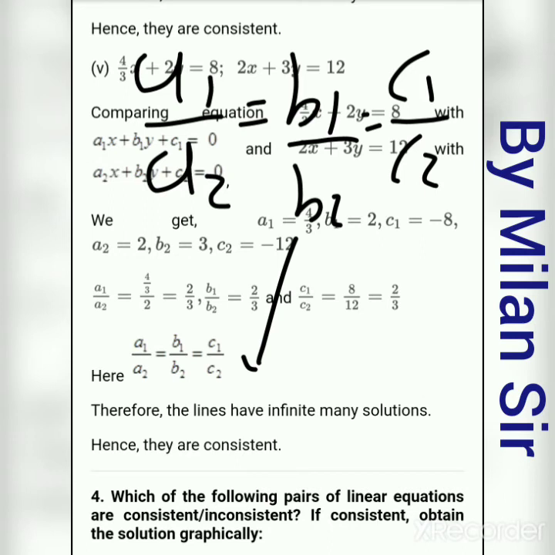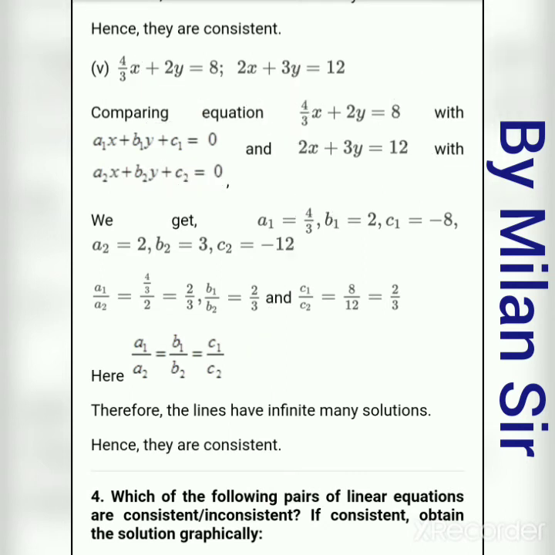So, in this question, first of all, we need to find a1, b1, c1, a2, b2, c2. Then we need to find a1 upon a2 and b1 upon b2. If these ratios are not the same, then we can say that the following pair of linear equations are consistent, because this is the condition for a unique solution. But if we get a1 upon a2 is equal to b1 upon b2, then we need to find our third ratio, c1 upon c2. If it is also equal to b1 upon b2, then we can say that the following pair of linear equations are consistent, because that is the condition for coincident lines.